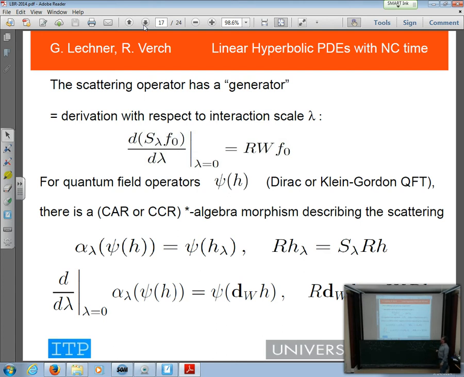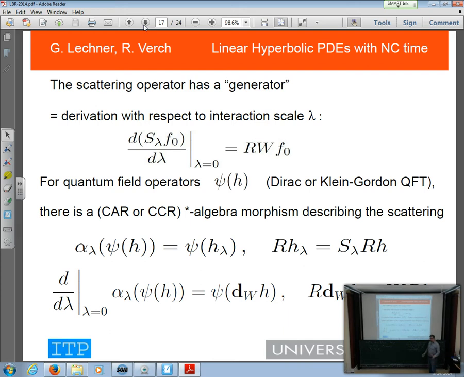Now, think of quantum field theory. Think of quantum field operators. The quantum field operators, psi h, can here be the Dirac or Klein-Gordon field operators. This does not matter much, but depending on it, D is either, let's say, a Klein-Gordon operator or a Dirac operator. Anyway, you can show there is, depending on the case, CAR or CCR, a star algebra morphism, which